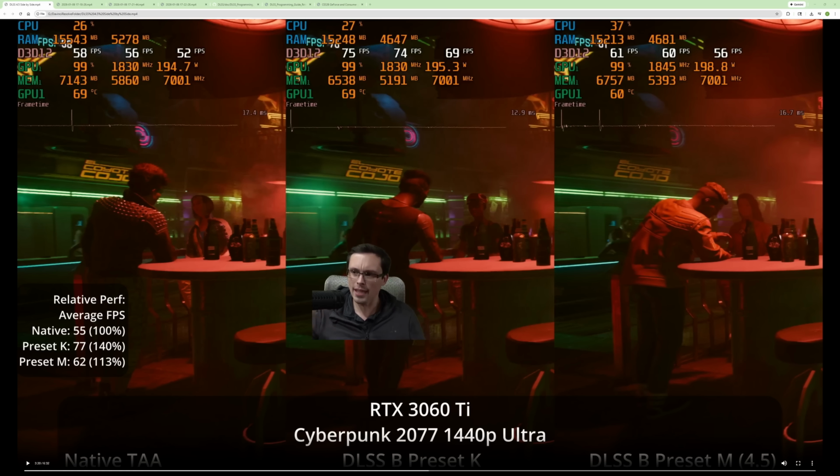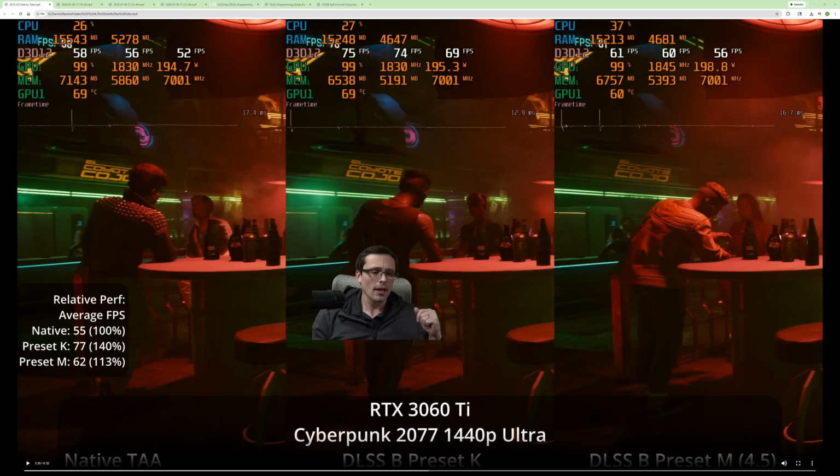Except when we're upscaling, it's more complicated than that. You're not just running the game at a lower resolution internally, you are then applying an upscaling algorithm which takes some number of milliseconds to compute. And the performance gain that you get is the difference between how much you gained by reducing the resolution and then how much you added back on by running the upscaling algorithm. The difference between those is your performance gain, which you can measure in milliseconds, but we can also look at